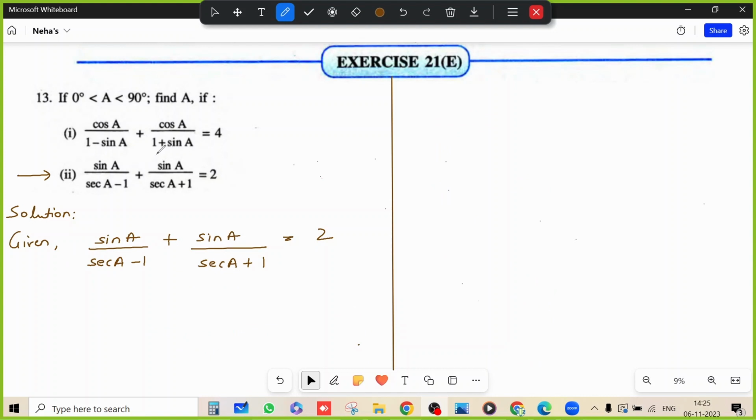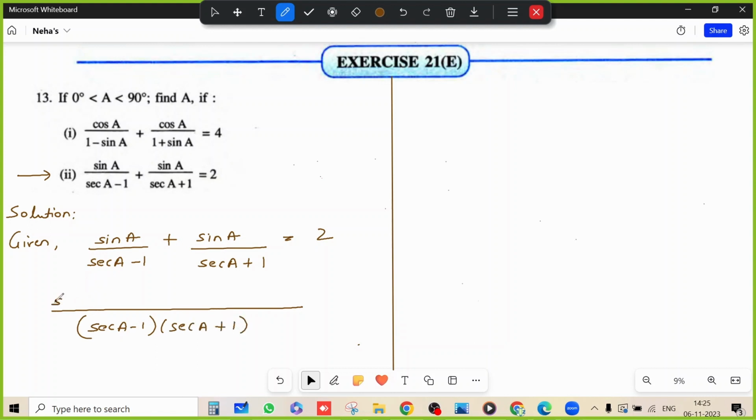The second part of the question is sin A divided by sec A minus 1 plus sin A divided by sec A plus 1 is equal to 2. So this is the given equation and we will begin with this. Now find out the LCM. So that will become sec A minus 1 into sec A plus 1